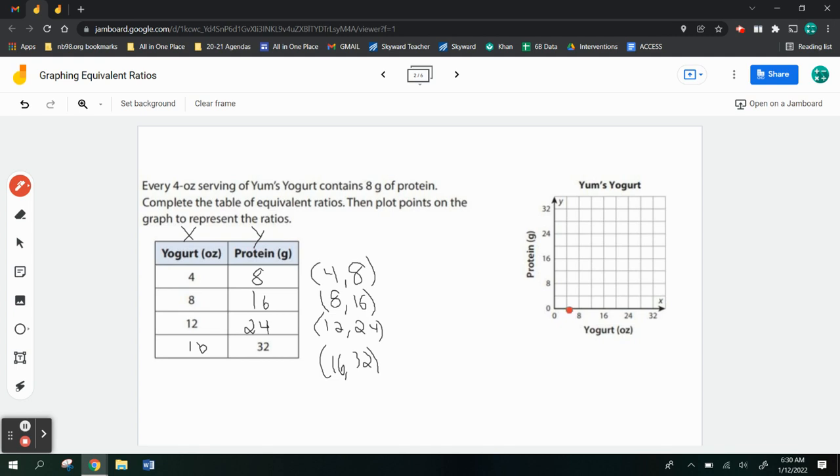Hopefully you paused the video and now you're ready to see if your points match up with mine. So let's get started. So 4, 8. Remember, this is x, this is y. So for 4 ounces of yogurt,